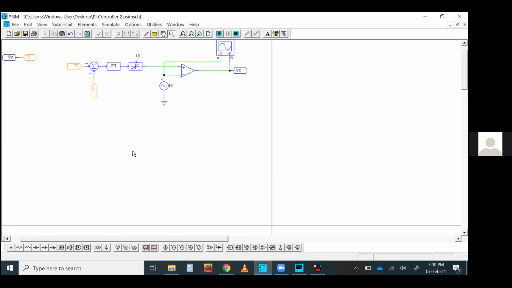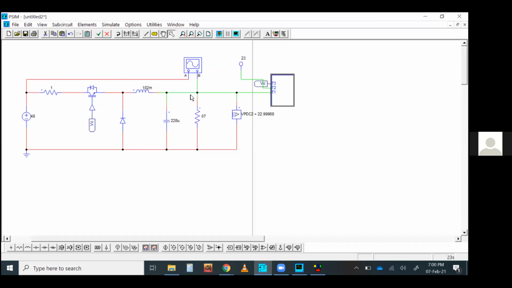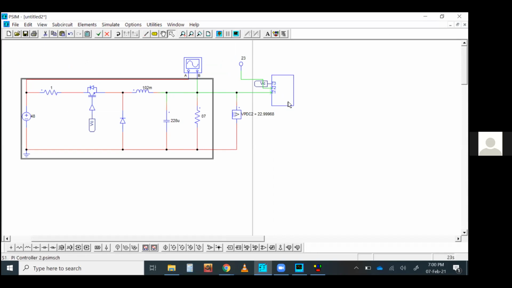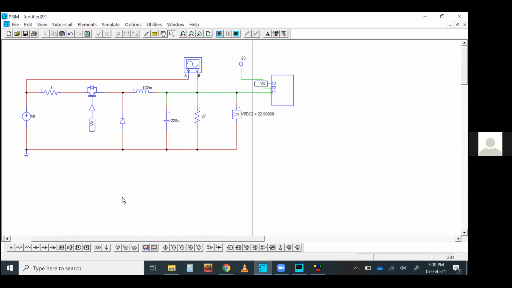So you don't need to write the code. You have done this visual programming. Now you can easily transfer this visual program into the C code and just simply run the code into the target board. What you need to do is only simply construct this physical power circuit, and easily you can take the control signal from the target board and give it into this IGBT to make the things run. That's the best thing you can do.